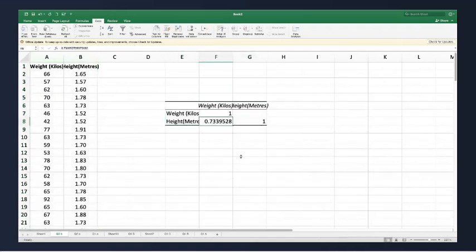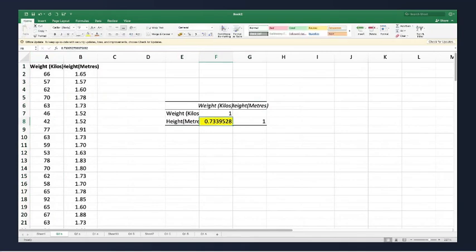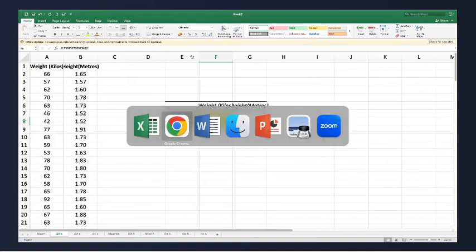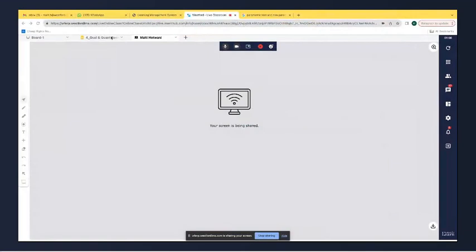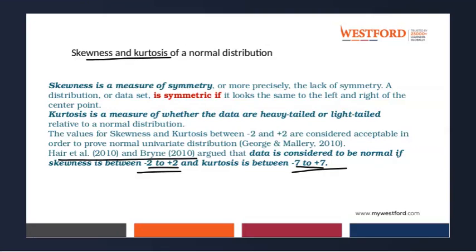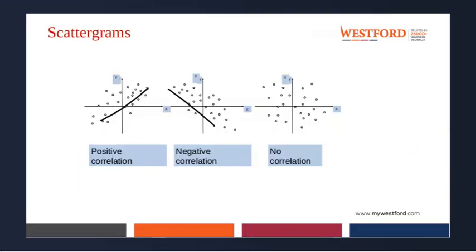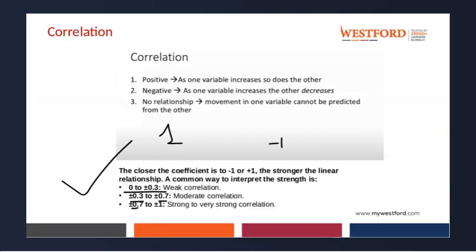Now you can see the correlation is around 0.733. Coming back to my PowerPoint: if the correlation value is positive, it is a positive correlation, and between 0.7 and 1 it is a strong to very strong correlation.